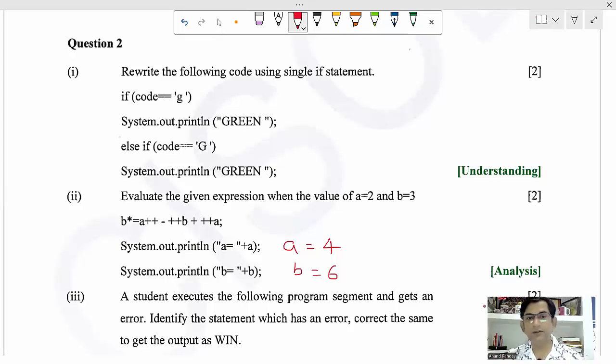Rewrite the following code using single if statement. If code equal to G, here they have used if else if statement. It is said to rewrite this using single if statement. एक ही if statement में काम हो जाए ऐसा लिखना. अगर कोड की वैल्यू कैपिटल या स्मॉल जी हो तो ग्रीन प्रिंट हो. So here we can write like this. If code equal to small g और code equal to capital G,